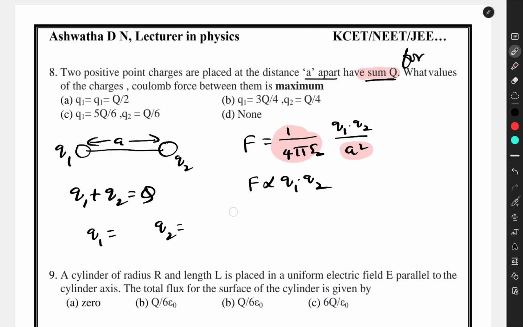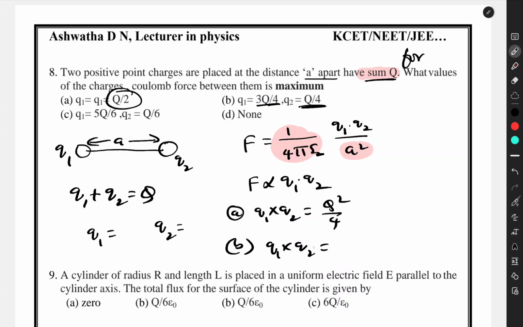So in the first case, q1 into q2 is given by Q by 2 into Q by 2, that is capital Q square by 4. Second case, q1 into q2, how much is that? 3Q by 4 into Q by 4 means 3Q square by 16. So this is less than the first. So third option, that is C,